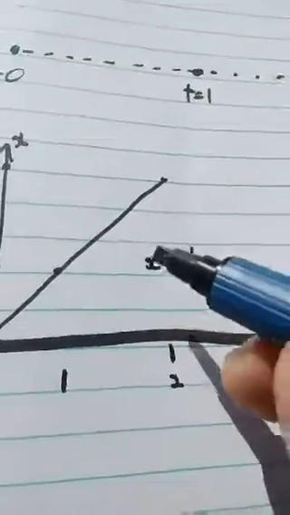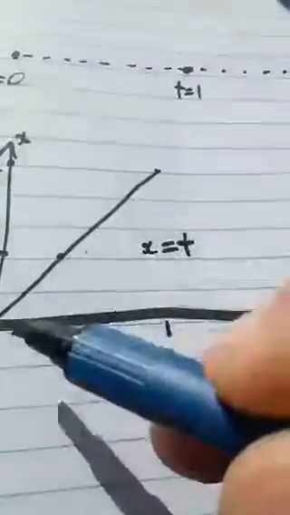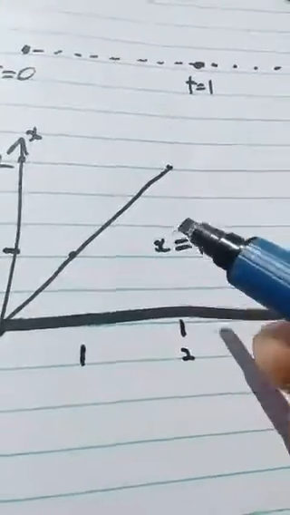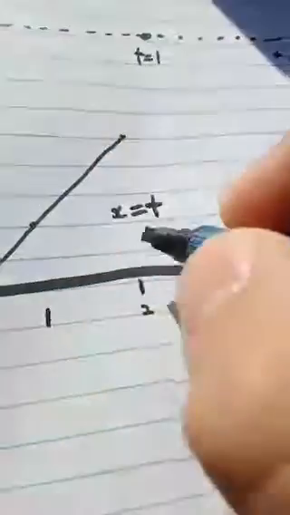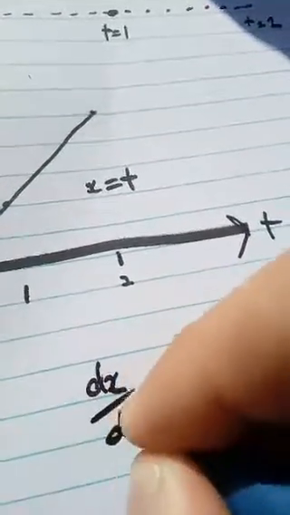x equals t, because when x is 2, t is 2. When x is 1, t is 1. So he's going up at a constant speed, but we can't tell that it's a constant speed yet. How do we know it's a constant speed? Well, we're going to get the derivative of this line, dx with respect to time